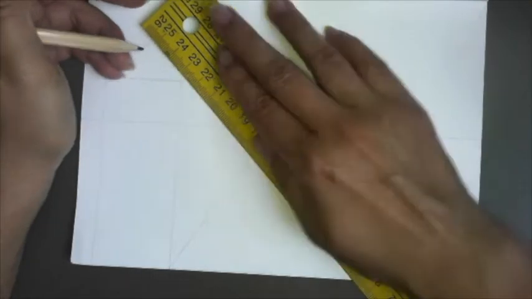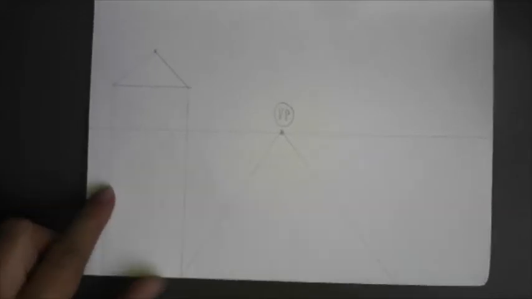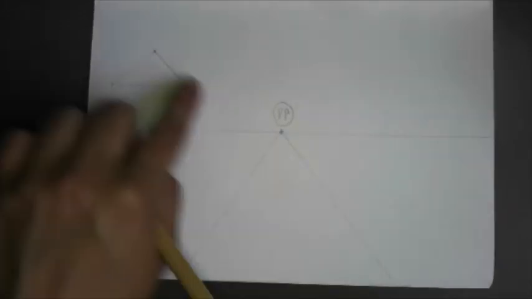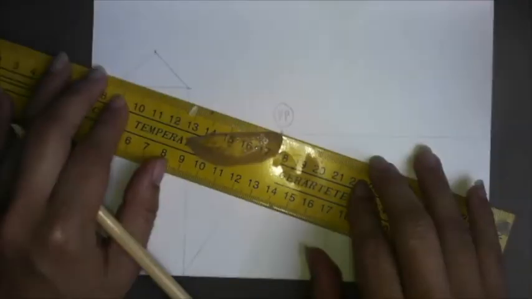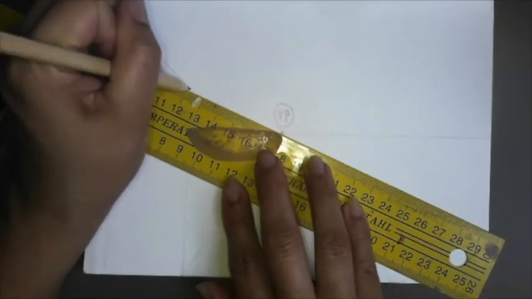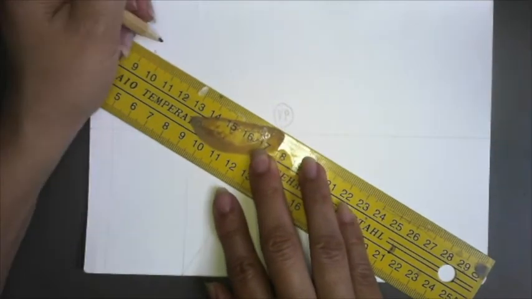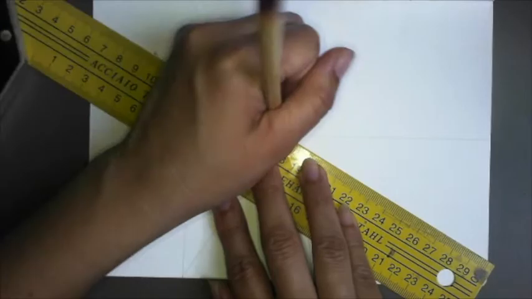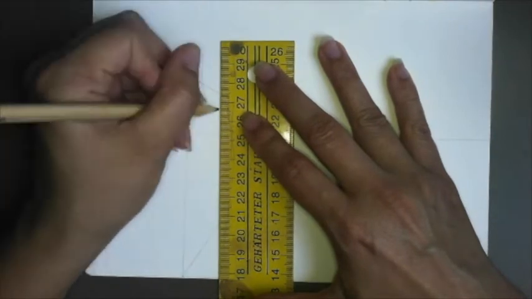So notice for this part of the house, I'm not using any perspective. I'm not using the vanishing point. So I just have a rectangle and a triangle on top. That's going to be the side of the house. Now to create the front of the house, I'm joining the top of the roof and the facade to the vanishing point. And now I'm closing off my house,